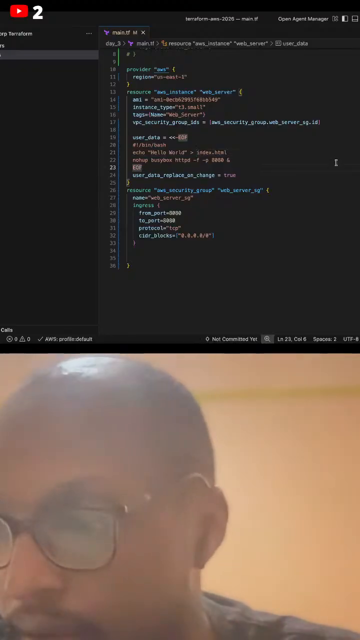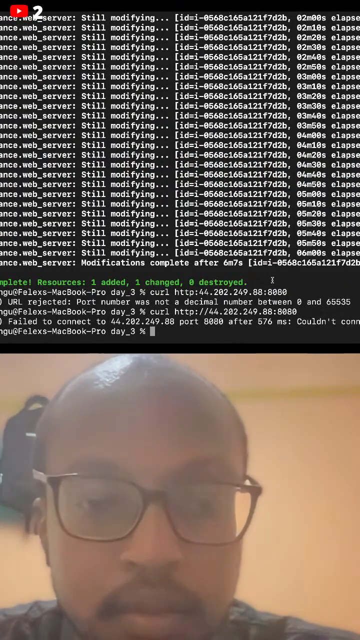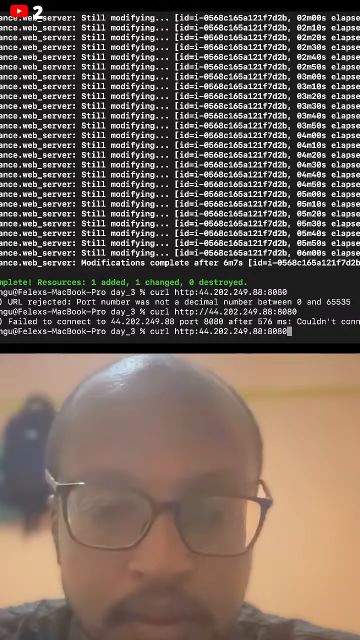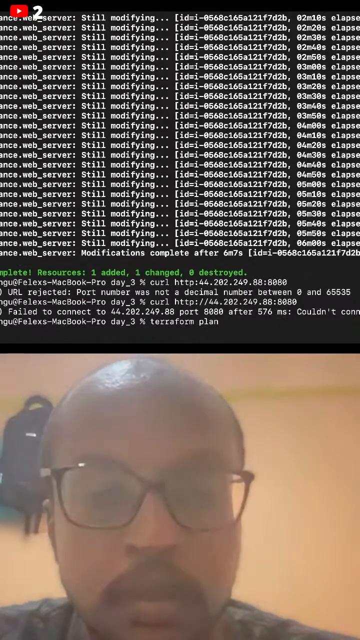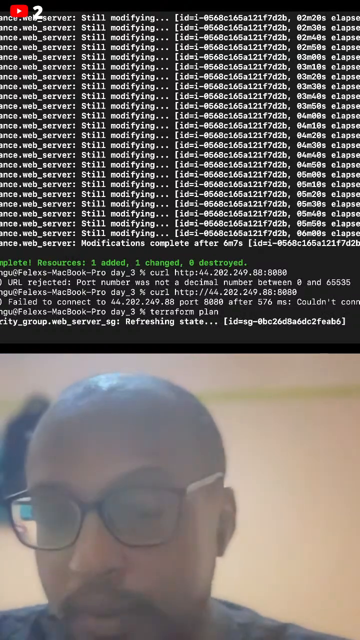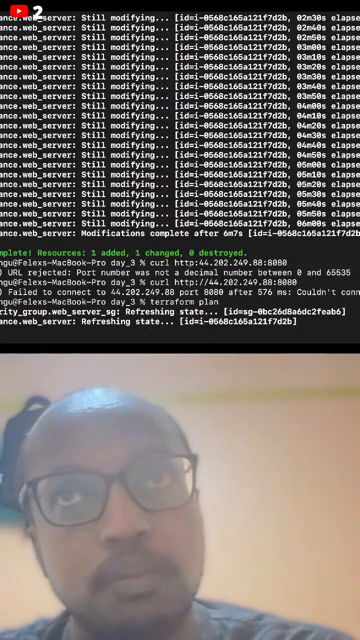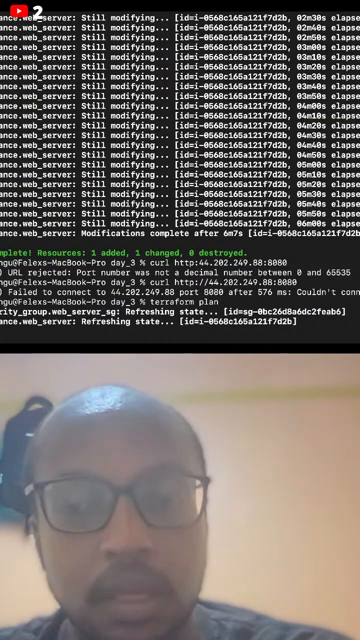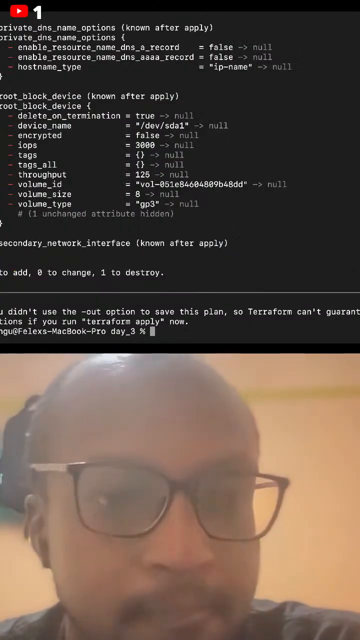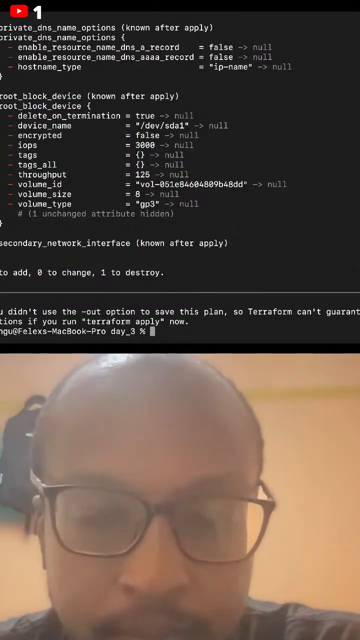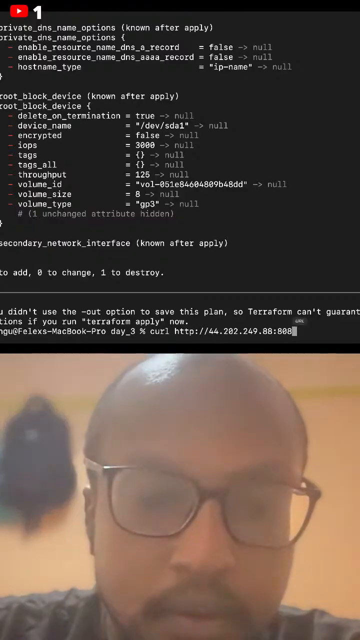I failed to catch that. So we repeat the process again. Terraform plan, Terraform apply, and we see our changes and see whether we can be able to see our platform. So here we write